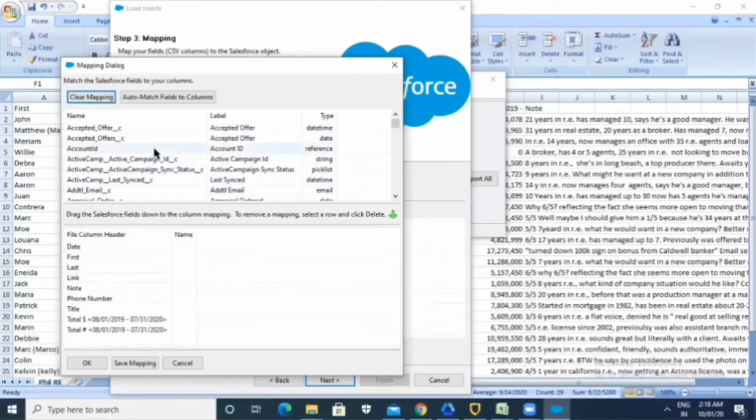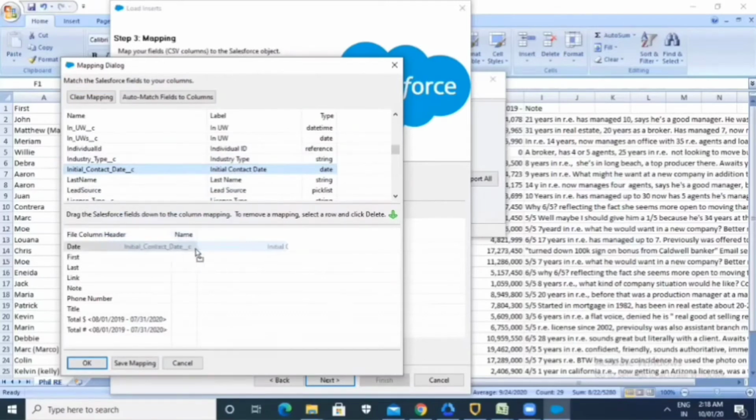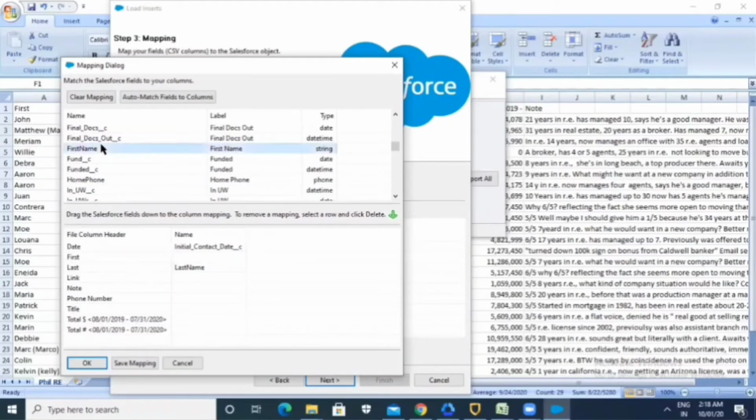So this is the date, and now I am mapping this date with the Contact field. Simply we have to select these fields, and drag and drop them in front of this date. Same as we have to do for first name, last name, phone number, and title. So this is the last name, and this is the first name.